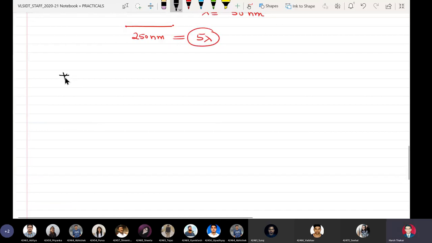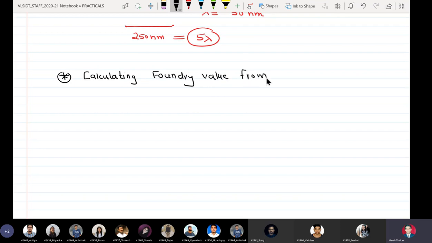So calculating foundry value from the scale gives us 2 lambda, which is actually the fabricated channel length.